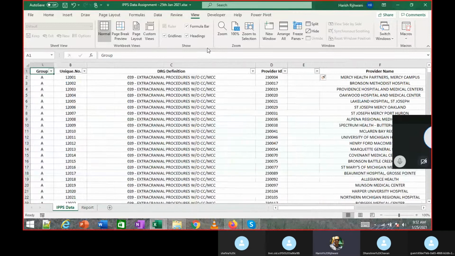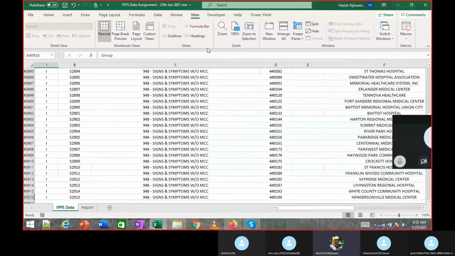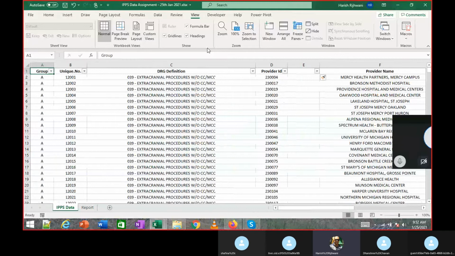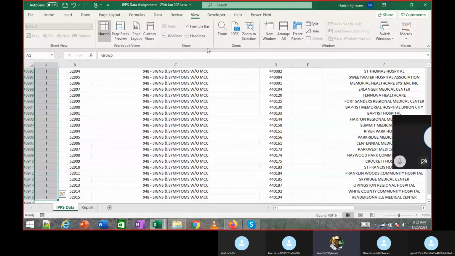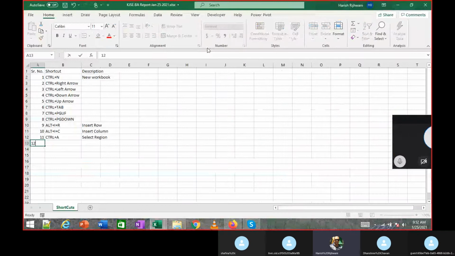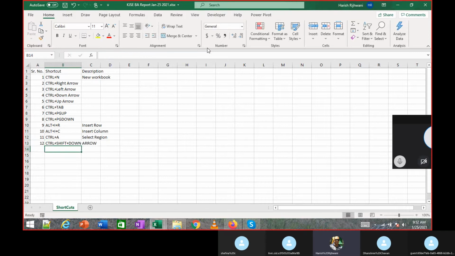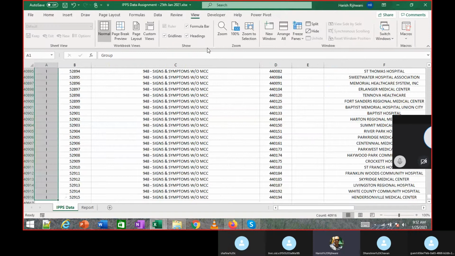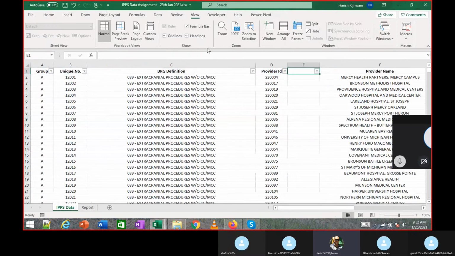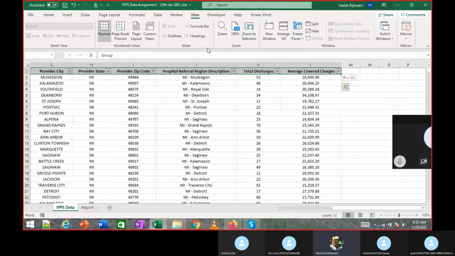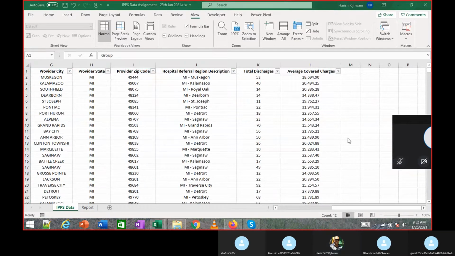The other way to select a region is Control. See, when I do Control and down arrow, it just navigates. But if I do Control Shift and down arrow, it will select the column. So try that as well. Try this, Control Shift down arrow. If I do Control Shift right arrow, let's assume there is no gap, Control Shift right arrow will select the entire row. That is still the used cell.